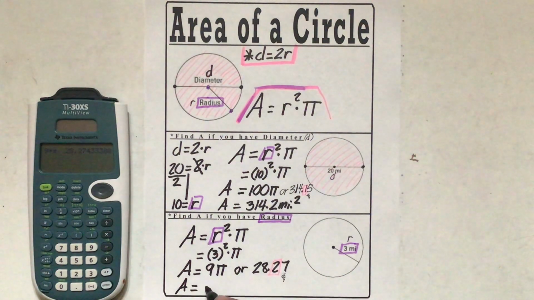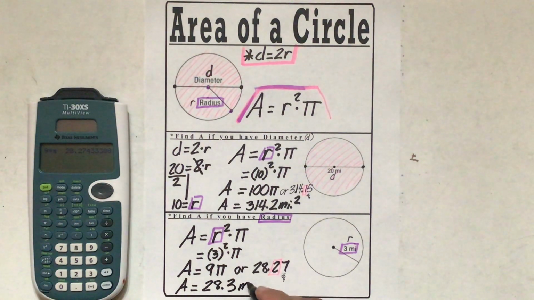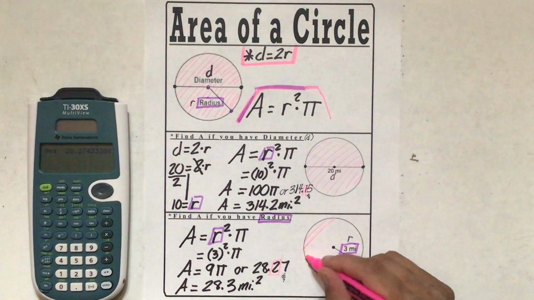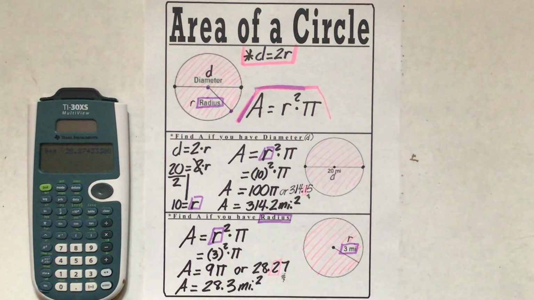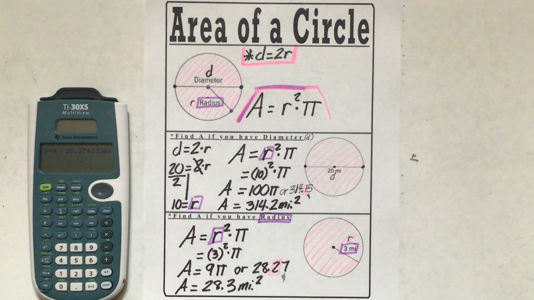So the area is equal to 28.3 miles squared. So 28.3 square miles is the way you would say it, right? They talk about squares. So that's the area in here, which was in pink right here. All of this is 28.3 square miles. So now that we've done that, let's do a few examples that you're going to see on